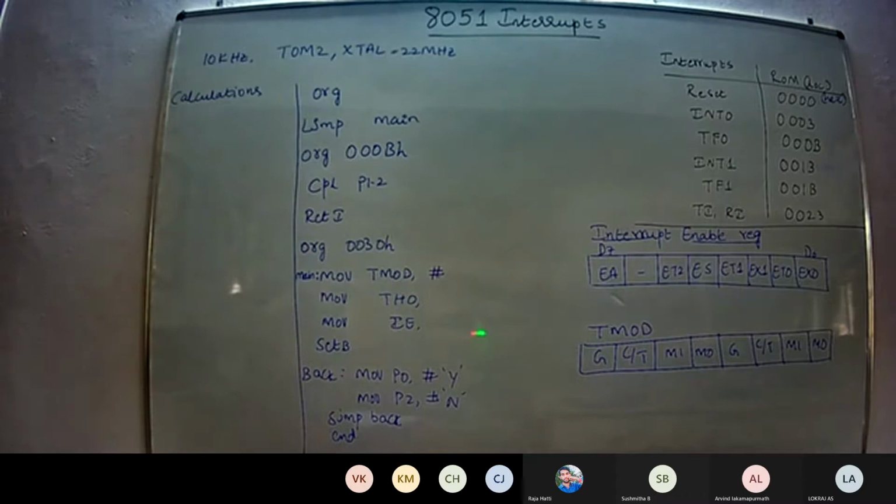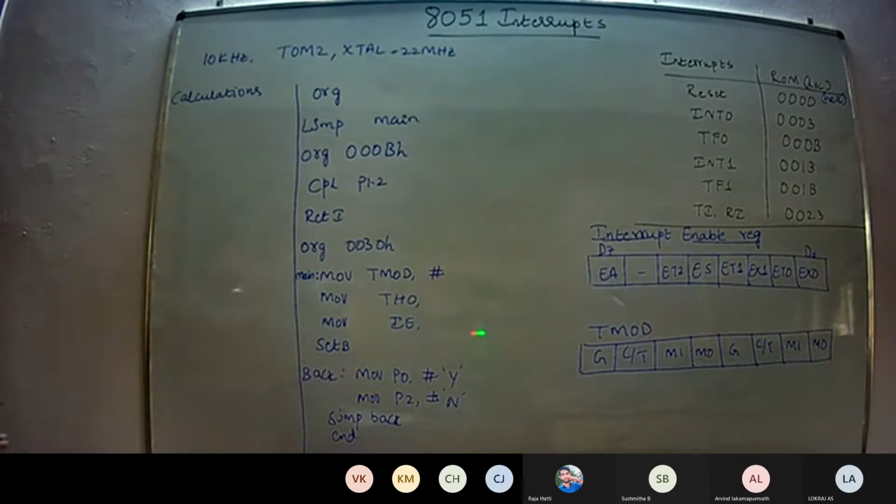Next we'll see the steps in executing an interrupt. Whenever an interrupt occurs, the 8051 first finishes the instruction it is executing and saves the address in the stack. Next, it saves the current status of all the interrupts internally. It jumps to a fixed location in memory called the interrupt vector table, where all these interrupts are listed. It finds the address of the interrupt service routine, jumps to that location, provides the service, then comes back and resumes its work. Those are the steps.